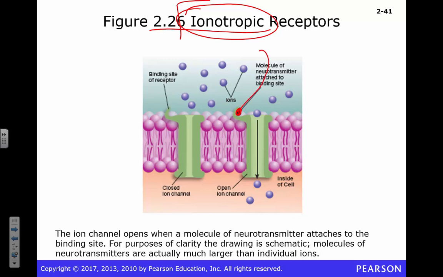It's right there. It's local. It's one-to-one. It's fast on. It's fast off. We're done. Whenever the neurotransmitter disappears, the ion channels are going to be closed, and we're not going to be able to open them. That's going to be the end of the effect, right? We're done. That's the story I've been telling you. There's another story, though.